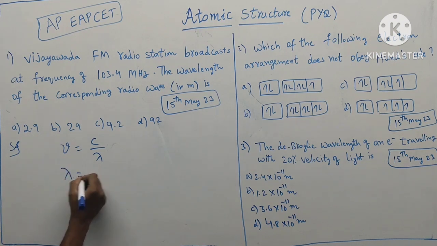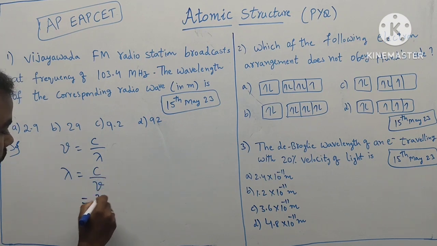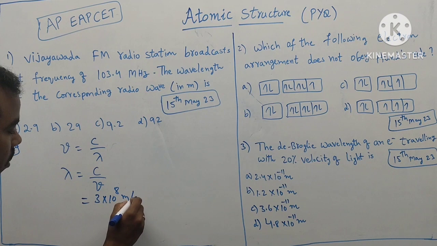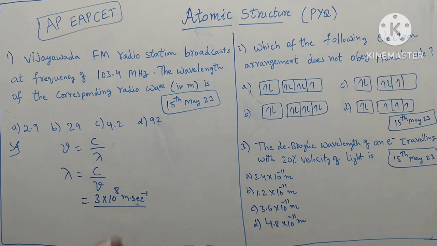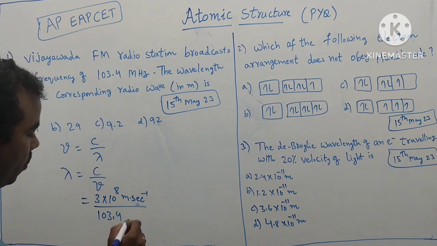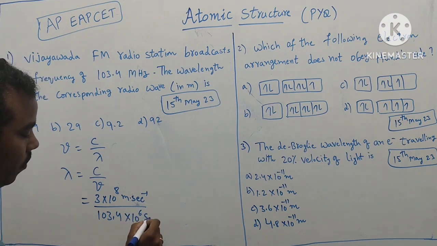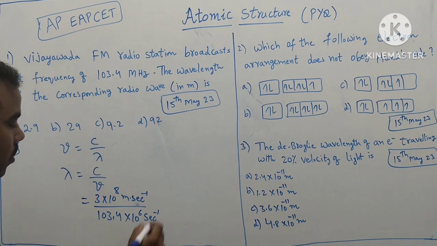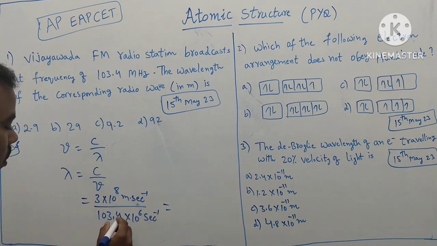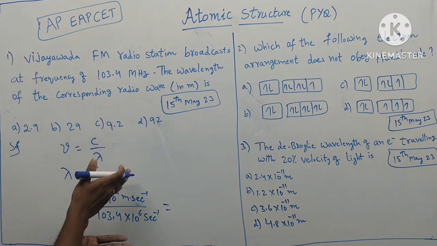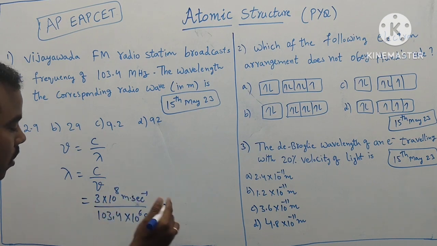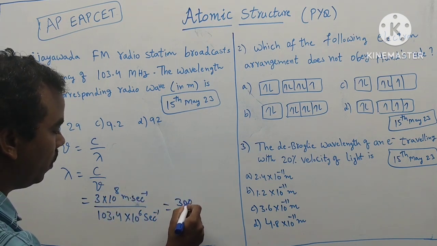So we want lambda. So lambda is equal to C by mu. C is 3 into 10 power 8 meter per second, or meter second inverse, divided by the frequency 103.4 megahertz. 1 megahertz equals 10 power 6 hertz, and 1 hertz means second inverse. So that is equal to 3 into 10 power 8 by 10 power 6. If 10 power 6 is in the denominator, 10 power 8 into 10 power minus 6 means 10 power 2. 3 into 10 power 2,